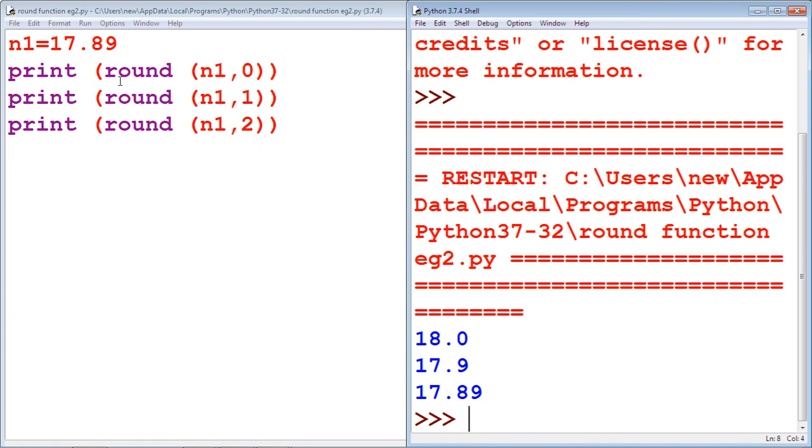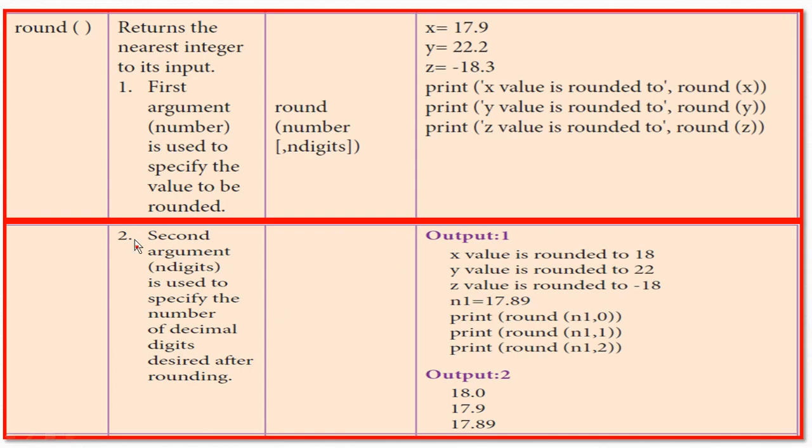Print round of n1 comma 0, that is 18.0, n1 is 17.89. Round of n1 comma 1 is 17.9, 17.89 rounded to one digit. Round of n1 comma 2 gives the two digit value 17.89. These are the examples for the round function.